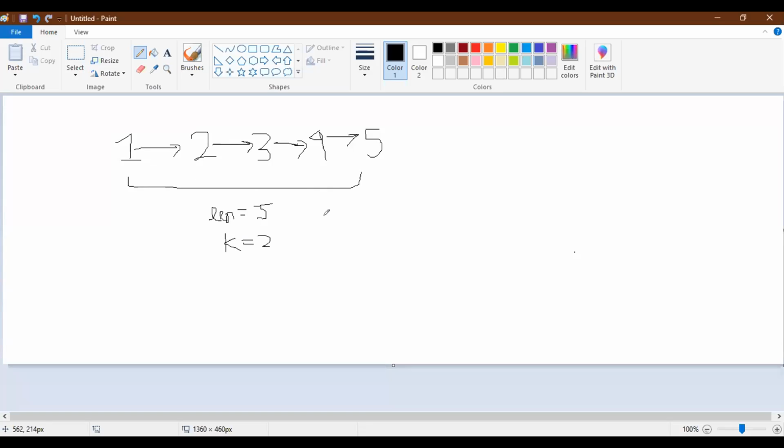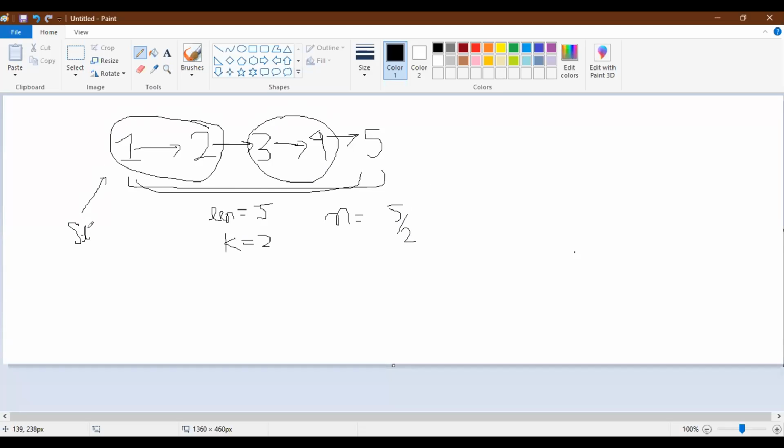Okay. So number of groups possible is equal to 5 divided by 2. That is 2. So that means I found these 2 groups in this current length, right? What I am doing is taking two pointers, start, st, and end. Every time, for the first group, st equals 0 and en will be equal to k, right?